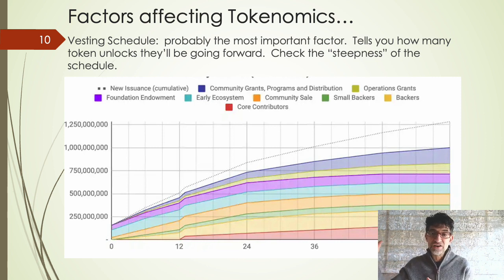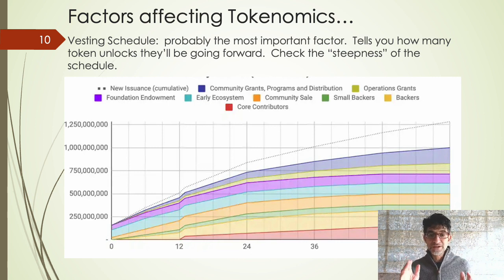So if you have high whales, like let's say 50% of your ICO goes to whales, to insiders, and then you have the steep vesting schedule, which shows you the amount of coins that can be unlocked over time. So when it's very steep, it means that coins are being unlocked rapidly, and those insiders can sell. So when you have that, that's a big no-no. So I sound like I contradicted myself because I said Near is one of the best blockchains, but I also said that Near has a very steep vesting schedule.